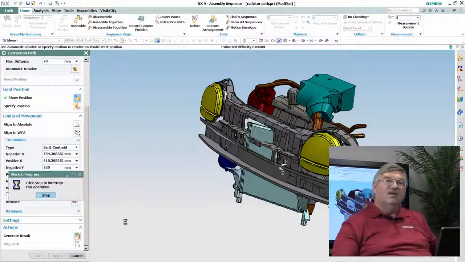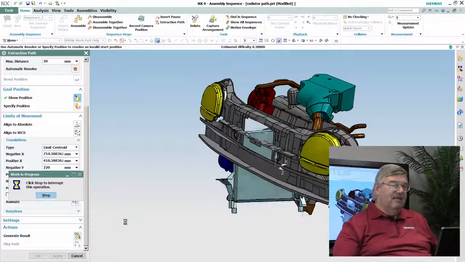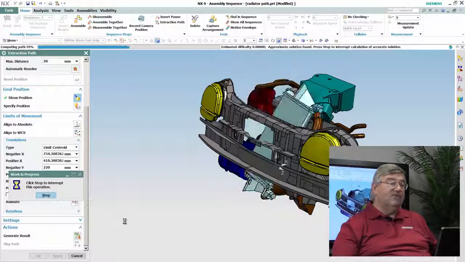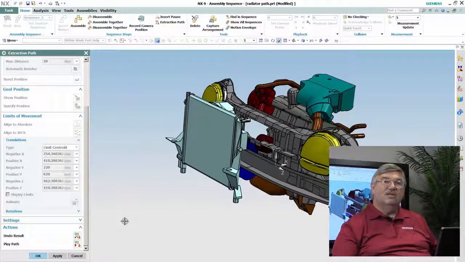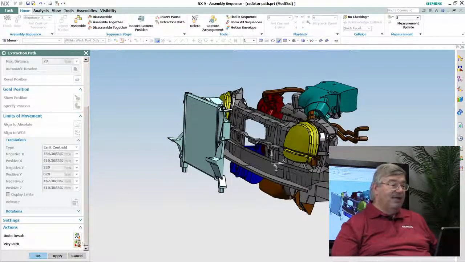So it's an iterative process. What it's doing is trying all possible cases, and there is a clearance. See, it found a solution. So now what it's doing is optimizing that solution in order to get the least number of motions, the shortest possible path, and so on. So now we have our answer. Now I can play it back, and it's kind of fast. So why don't we save that